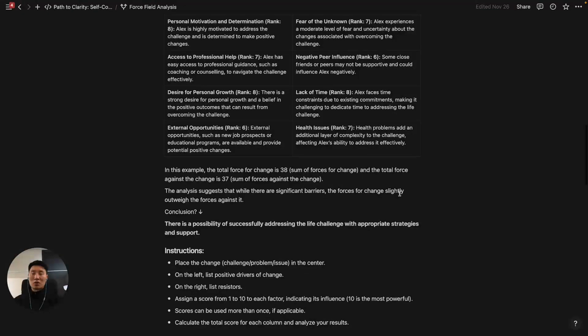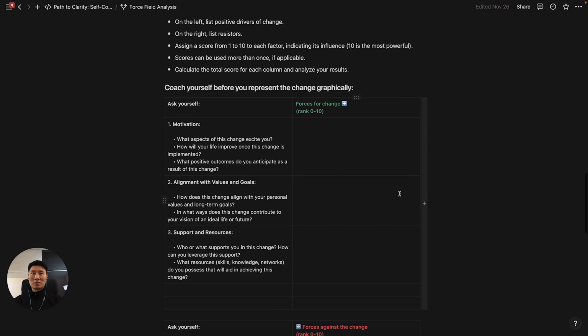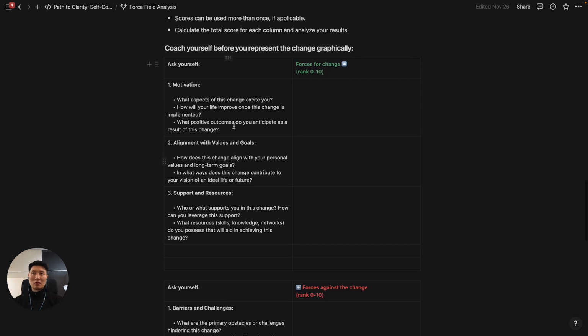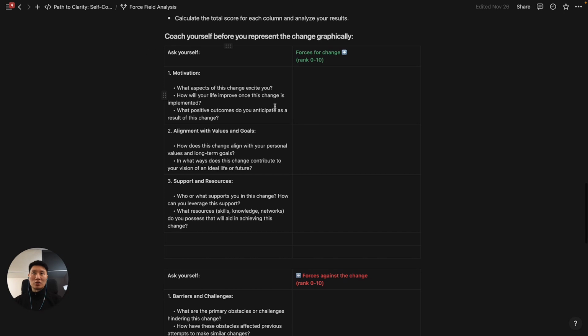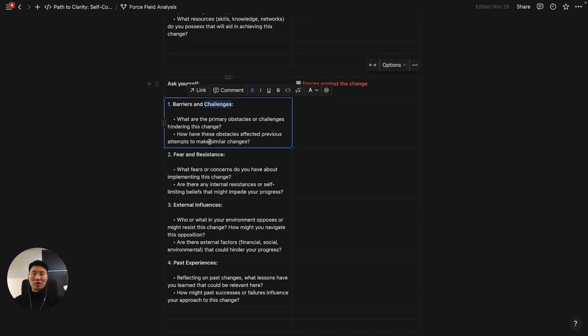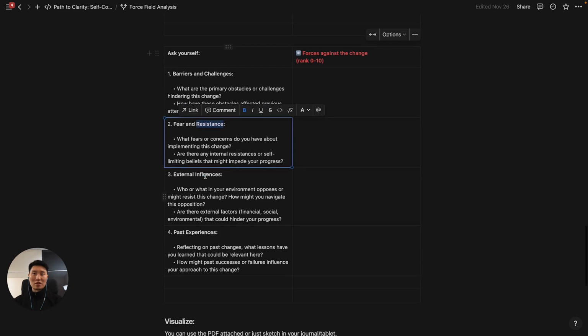So you'll walk through this explanation, you'll read through this, and you can coach through this even before you start drawing and before you start representing everything graphically. You can write through this stuff, right? Any kind of forces for change, something that affects your motivation, your values and goals, support and resources, and forces against the change. Any kind of blockers, any kind of fears that you experience, any kind of resistance, any kind